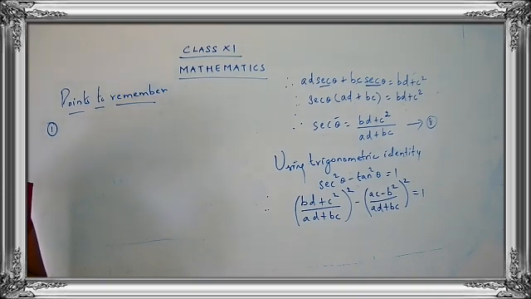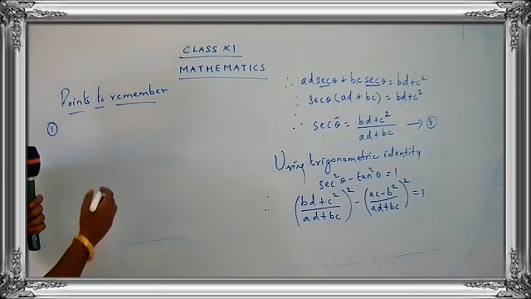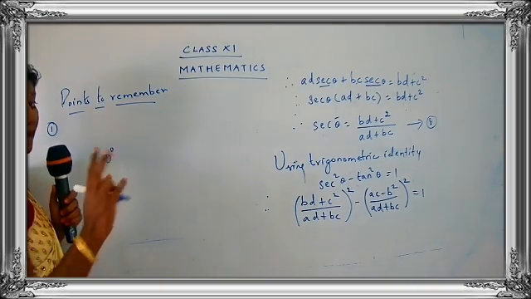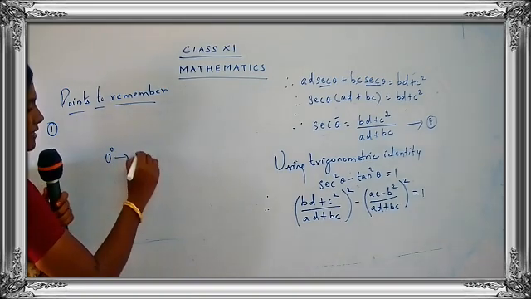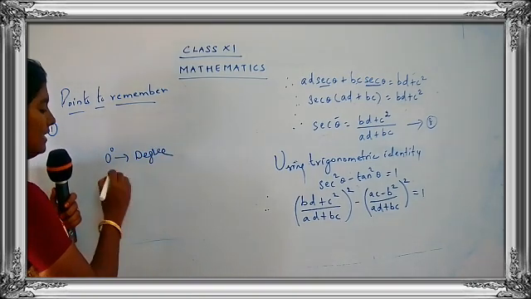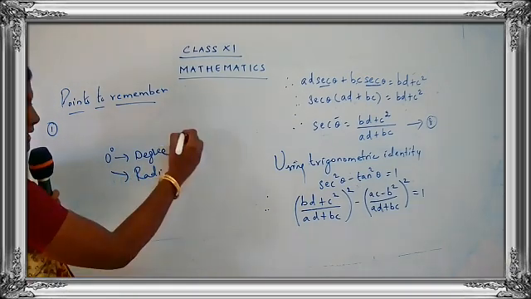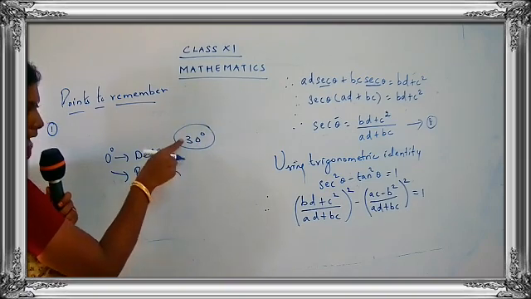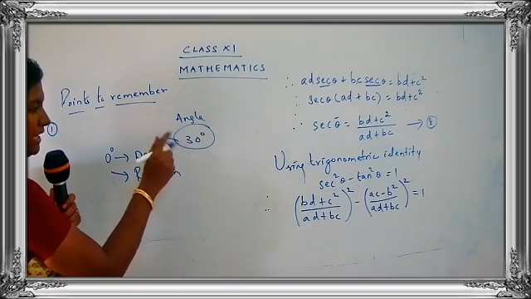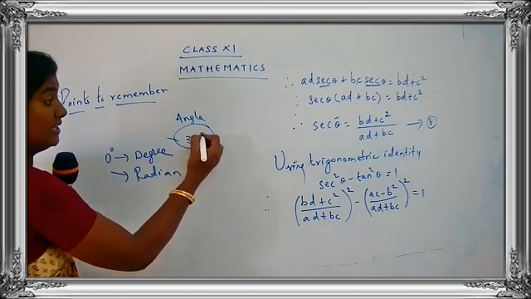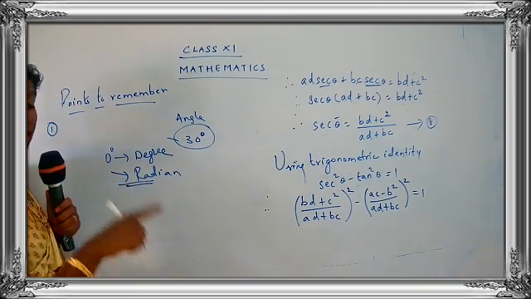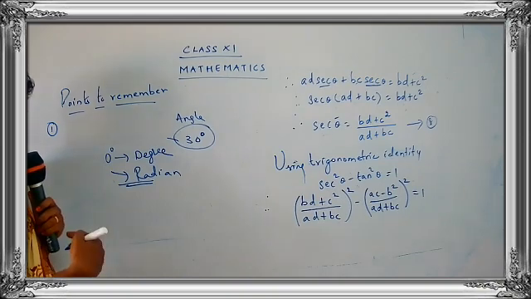So you get theta is equal to, so what is the definition for theta? Arc length upon radius, which is equal to s upon r radians. That is, we get the answer in terms of radian. I have told you that whenever you write an angle, we have two ways of writing the angle. One is degree, or we write the angle in the form of radian. Suppose you have 30 degree, this is the angle written in terms of degree. I can write this in terms of radian. How can you write this in terms of radian?